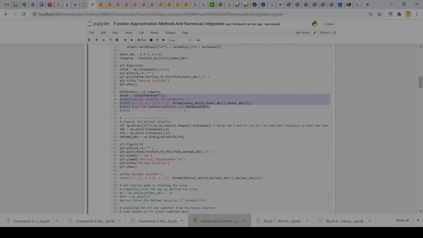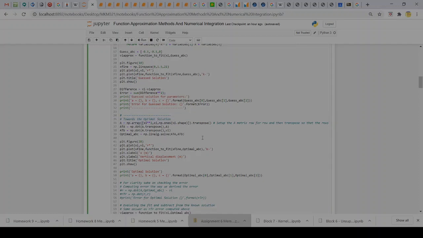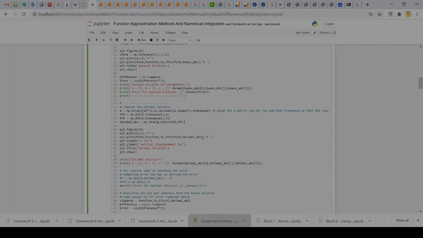Then I set up my A matrix for my optimal solution. So now I'm engaging with the optimal solution of this discrete problem, for the discrete system. We have multiple points where I evaluate what's going on. So I set up the matrix: the first row is psi squared, the next row is the linear term psi, and the last one is the constant 1, which is what the C will multiply with. But these are all rows, so I take the transpose to make them columns, so this is now a matrix. Then I compute A transpose A,